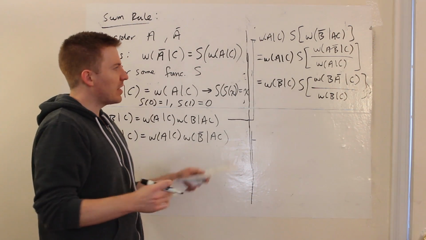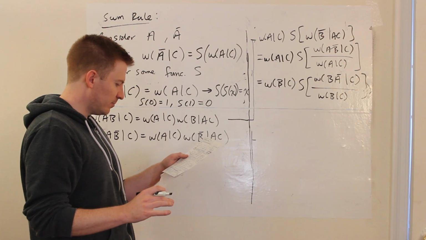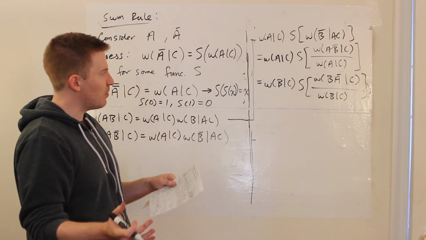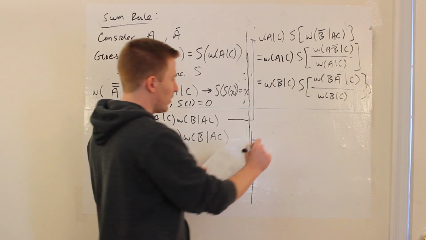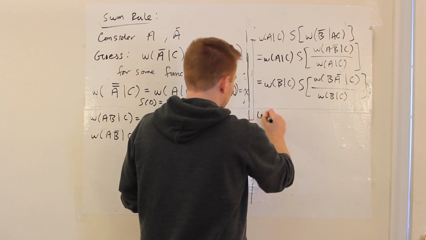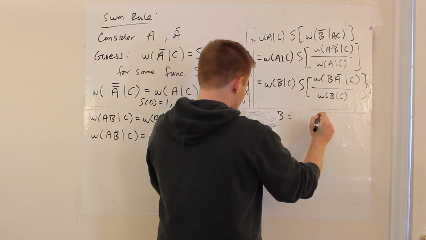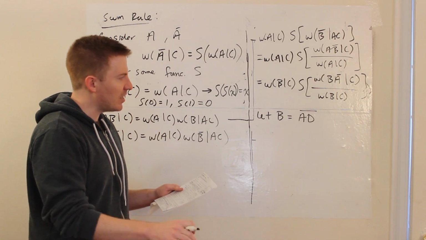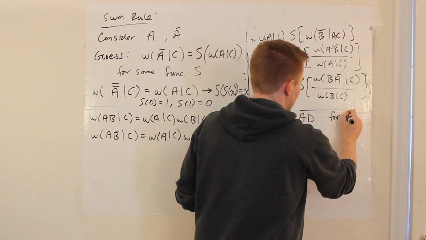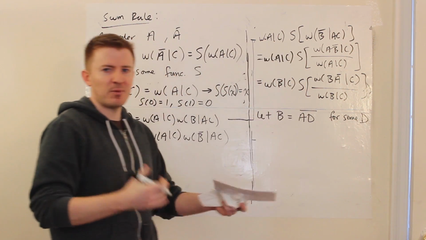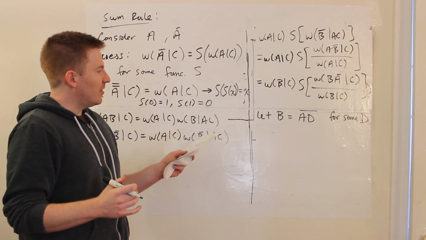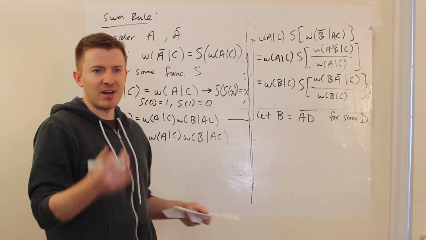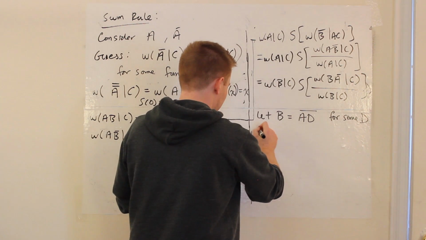And now, again, there's basically some sleight of hand, which is that if this holds for every possible combination of statements A and B, we can apply it to a particular one that we choose. So what we're going to say is, let's let the statement B be written as, this is going to be weird, but just trust me on this, the not of the combination of A and D for some other statement D. So D is going to be arbitrary. Why is that good? I know that seems like a weird thing to imagine doing, but it turns out that statements of this form have a nice functional relationship, which you can work out, which is